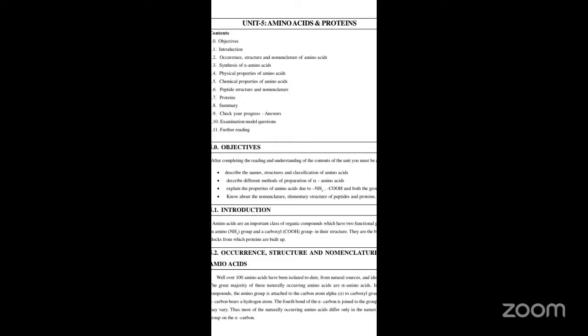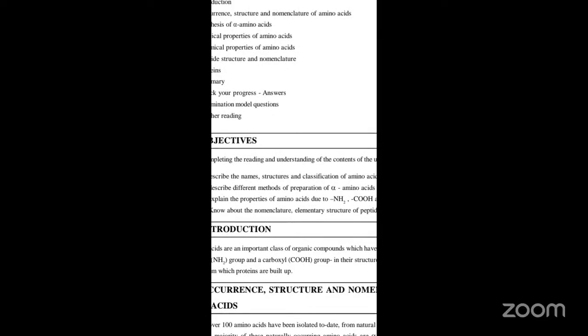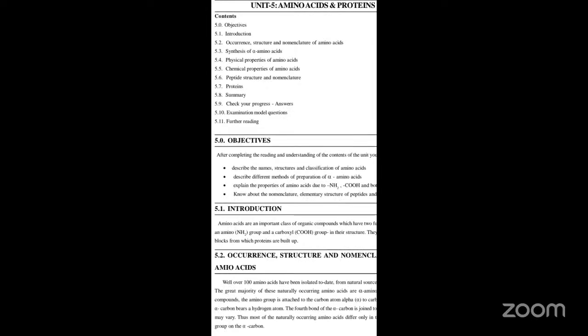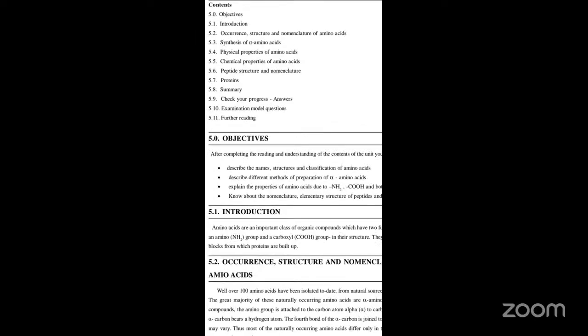Yeah, so today we are going to discuss the topic amino acids and proteins. What are the amino acids? Generally, amino acids are organic compounds which contain the amino and the acid groups. Okay, so the general molecular formula of the amino acid is